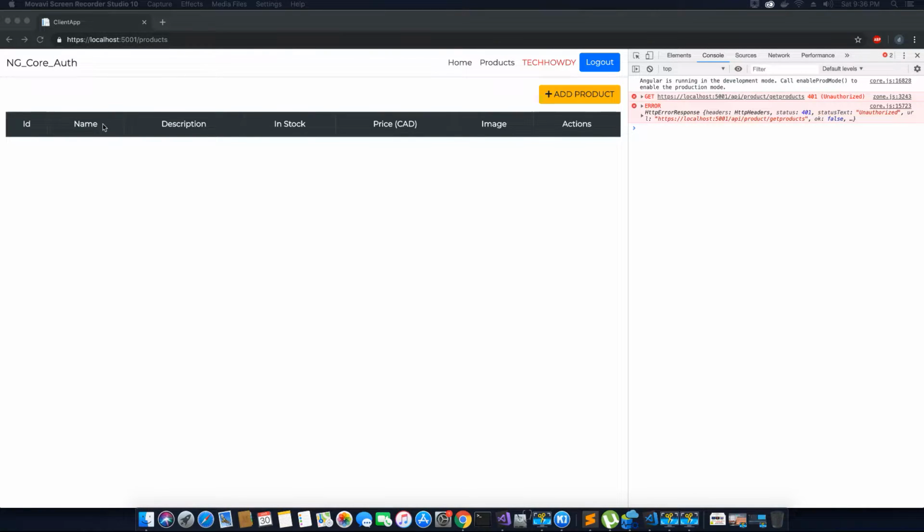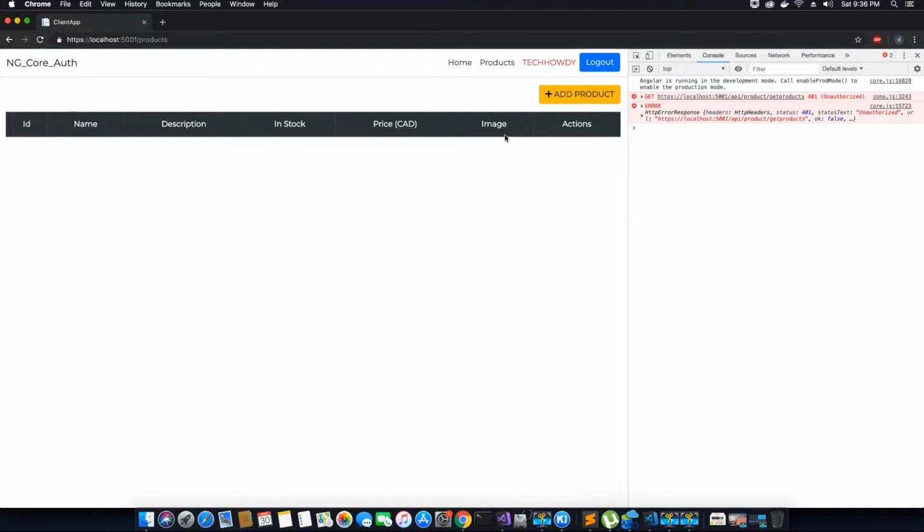So we all know that in order to view the products list, the user needs to be logged into the application and have a valid JWT token. But the token expiration time is only 60 minutes, which is 1 hour. After 1 hour, the application will not log out the user automatically. Instead, the user remains logged in the navigation, whereas the products will not load, obviously, because the token is expired,